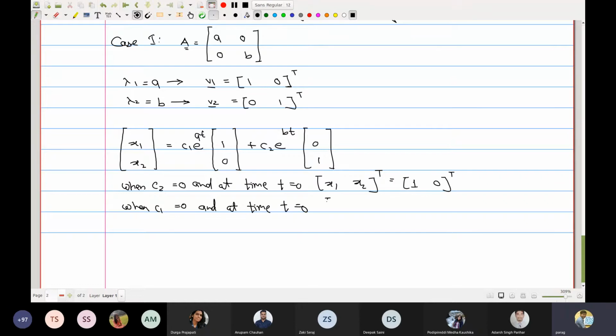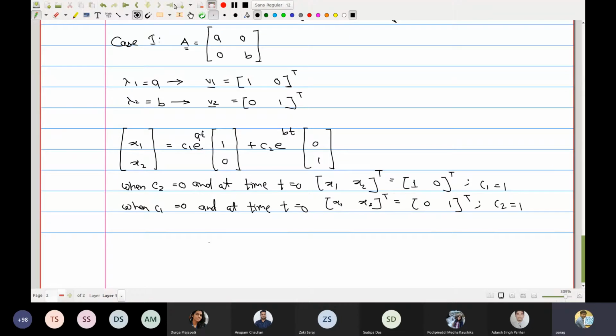At time t equals 0, in the first solution, there must be a C1, right? Like C2 is equal to 0, but there must be the C1. C1 into the matrix, so let me take C1 equal to 1. So when C2 is equal to 0, C1 is equal to 1 and time t is equal to 0, this is a solution. That was a good point. And here x2 transpose will become equal to 0, 1 transpose, and here C2 is equal to 1, right? So I now have an initial idea about where the system would be.